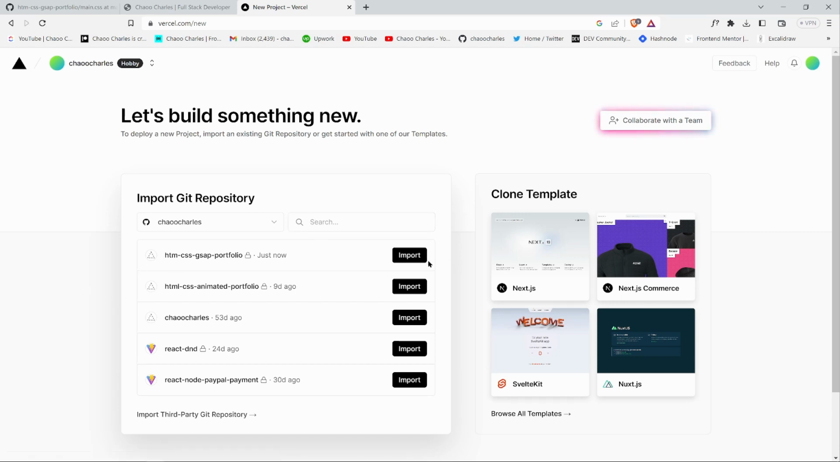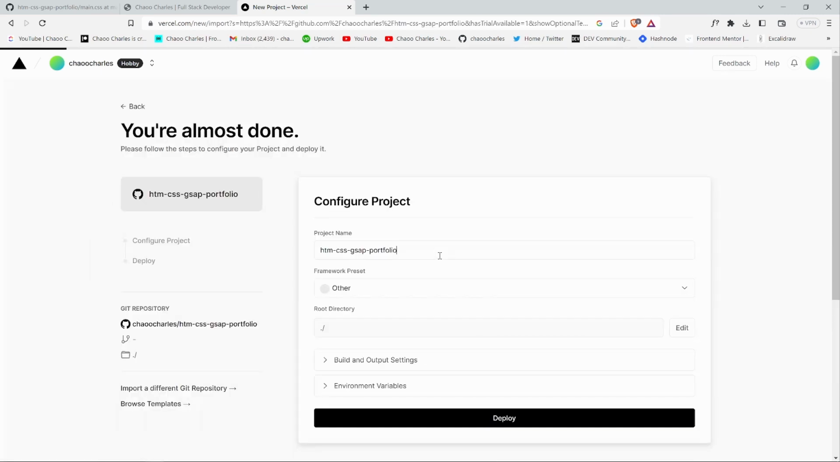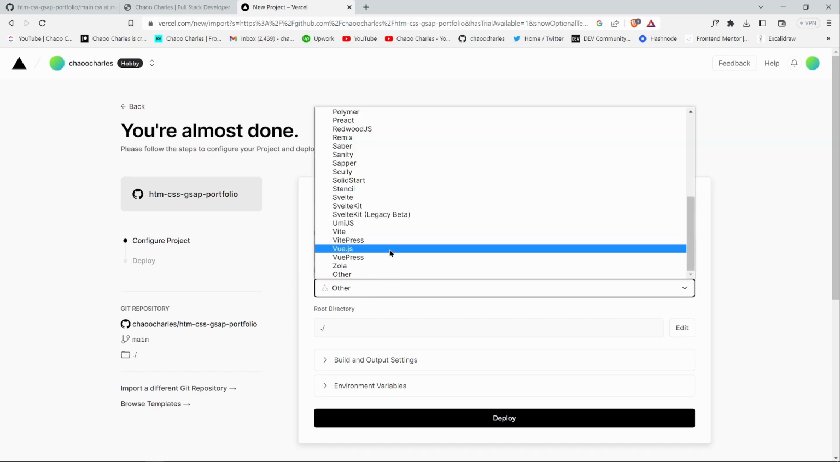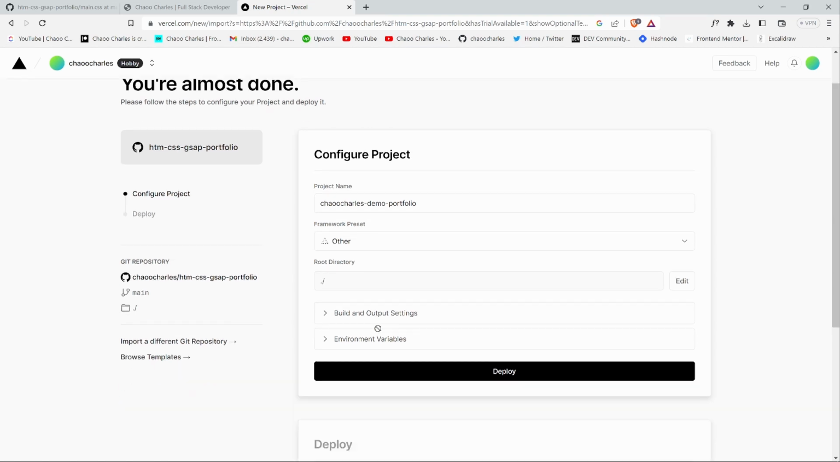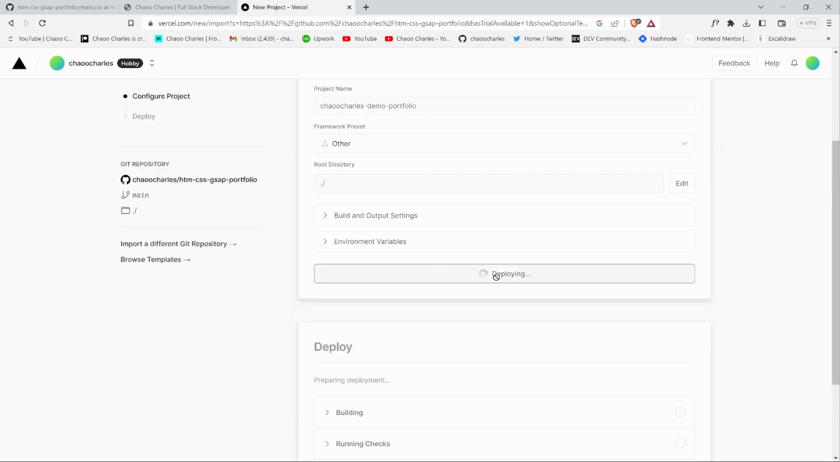So right here I'll just click on import. Now we have this project name. This name will be added at the URL, so I can say Chaoo Charles, then -demo -portfolio. Frameworks present, we didn't use any framework, but if you created yours with Angular, Vue, Next.js, you will select it there. Root directory, it's just the root, like the first directory. You don't need to edit. All you need to do here is to deploy. So I'll click on deploy,